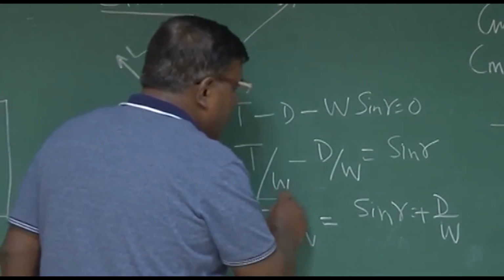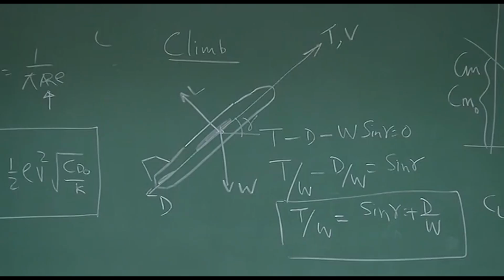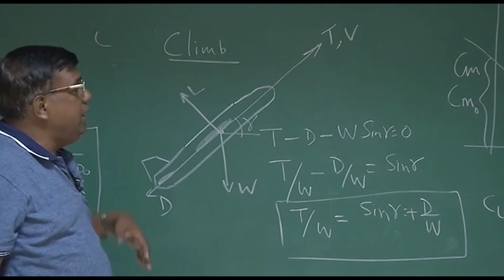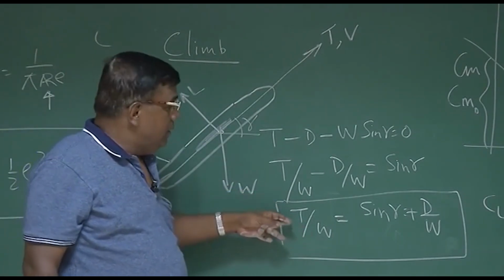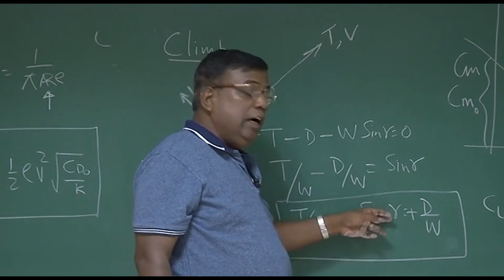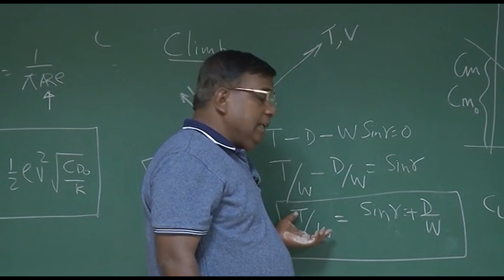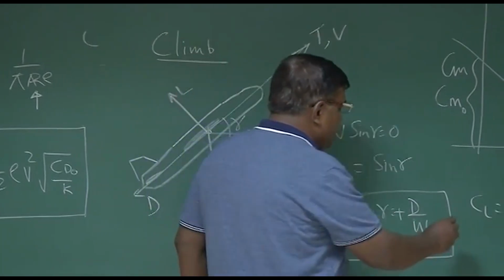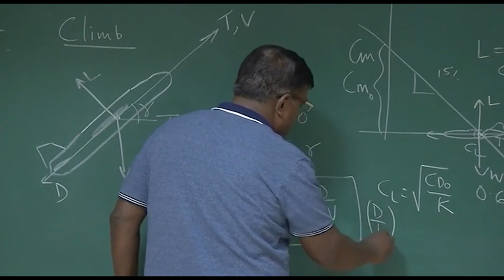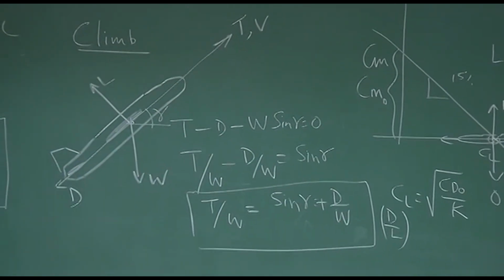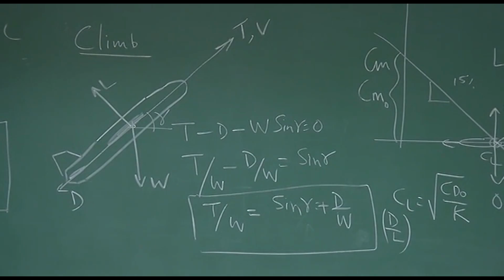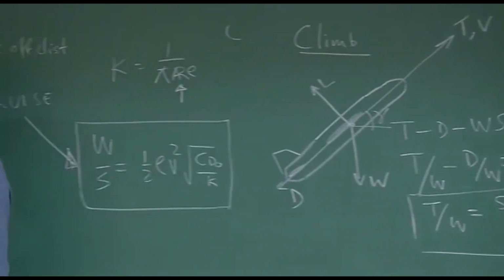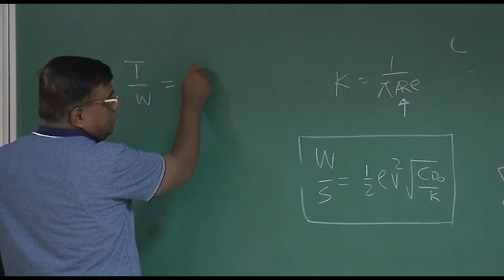If I am really going for a climb, please understand as a designer, when I am climbing, the thrust has a duty to lift the weight, carry the weight with it, right? That is why T by W becomes another important parameter. And here you could see, if I want to climb at a particular angle gamma, then I can get an initial estimate of T by W by just taking the sine of that value, because D by W, if I approximate it as D by L, because W equal to L, although during climb W is not equal to L, W cos gamma equal to L, but for gamma small, I can replace W by L, so I get an expression T by W is equal to sine gamma